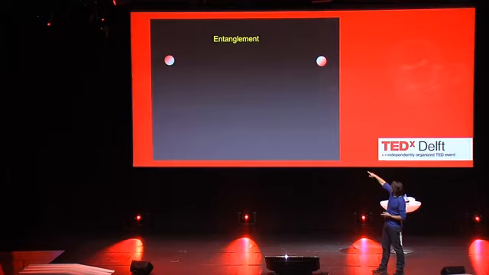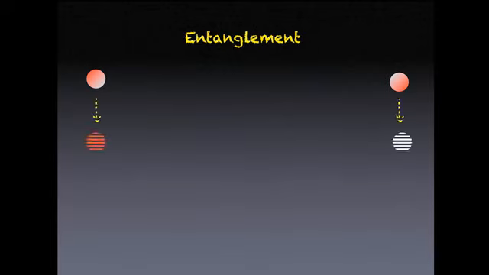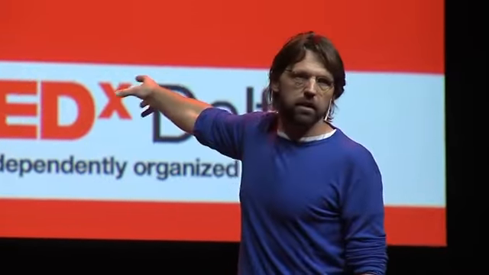So if I say, well, particle on the left, what is actually your color? And I measure it. It says, for instance, red. But maybe you notice that the particle on the right, at the same moment, became white. And let's check it again. I measure the left particle, and the one on the right immediately becomes white. And that's because color is a conserved quantity in the universe. So if something completely turns red, there's something else where it used to be entangled with is completely turning white.